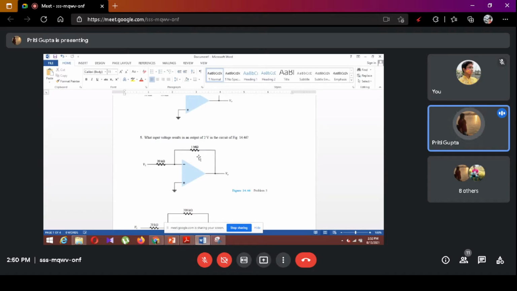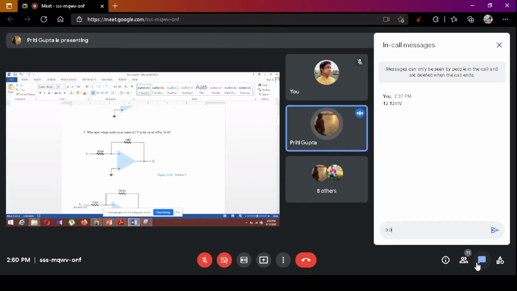Bimbain, you are saying 0.02, right? What about the rest of the students? Kritika, your answer? 0.04. Priyanshu, Kritika, Bimbain, all of you got the same answer. Shubhadeep also, right? Man Verma also the same answer. Very good. So let us move to the next problem.